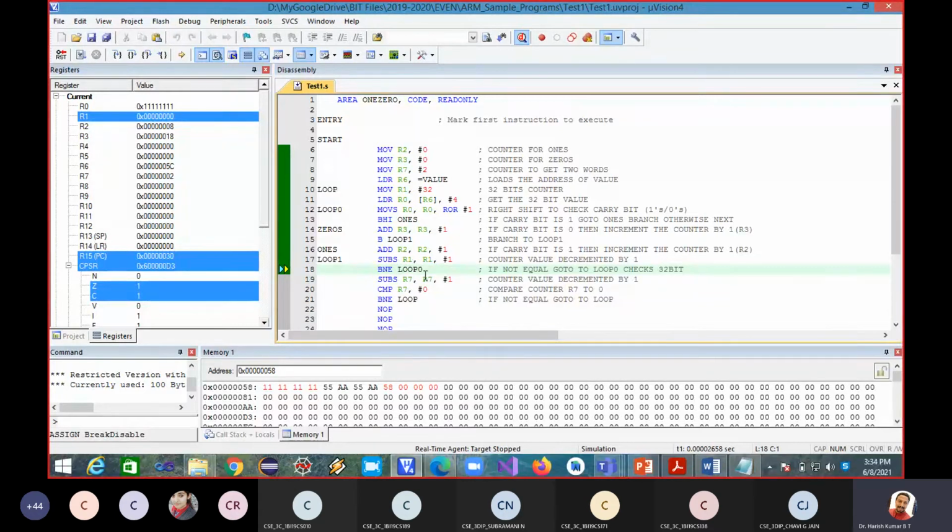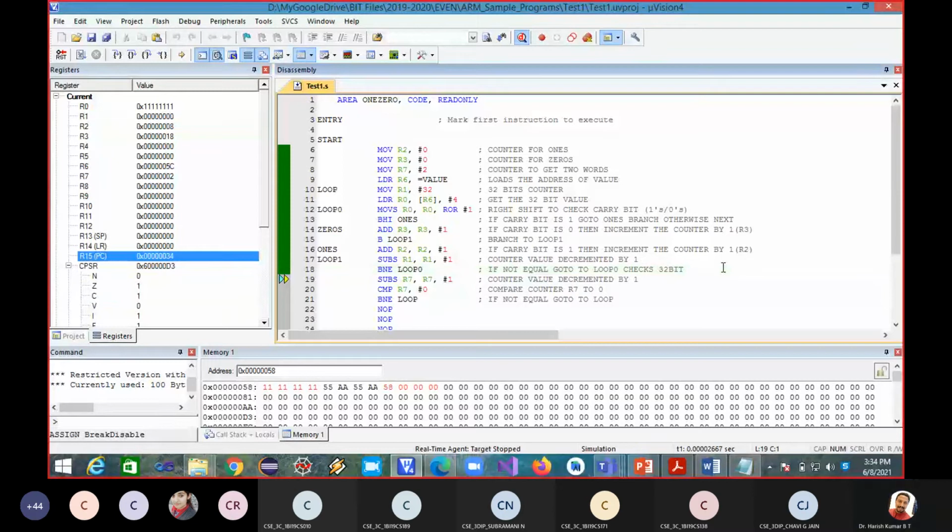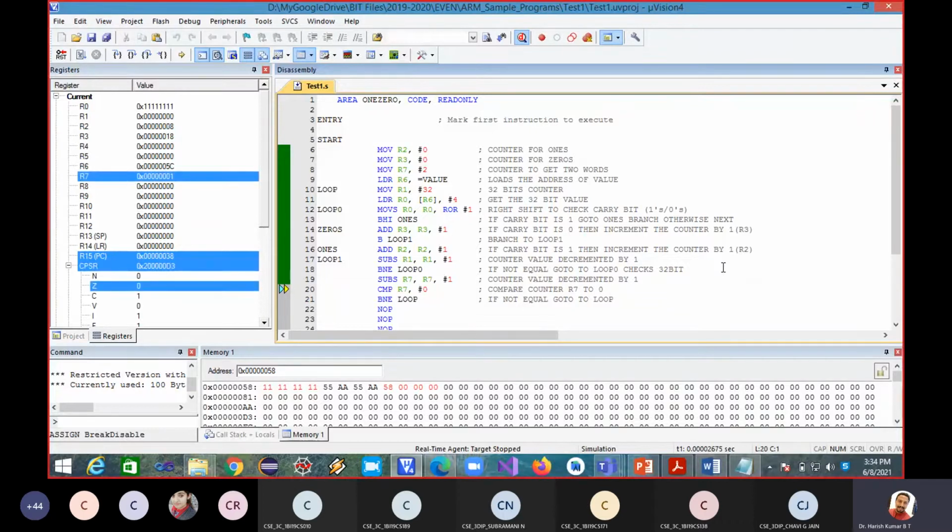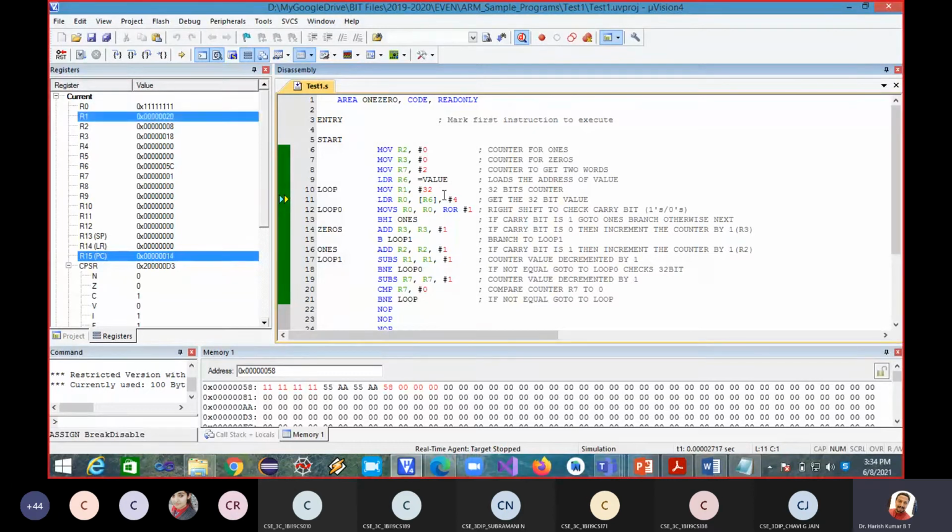It comes and subtracts 1 from the register R7. So one memory location is done. Now we have to do the same thing for the second consecutive memory location. R7 is decremented by 1. Comparing R7 with 0, R7 is 1, not equal to 0. So where does it go? It goes back to the loop, moving the value 32, initializing the register R1 with the value 32. Now what gets loaded into the register R0 is my next memory location.